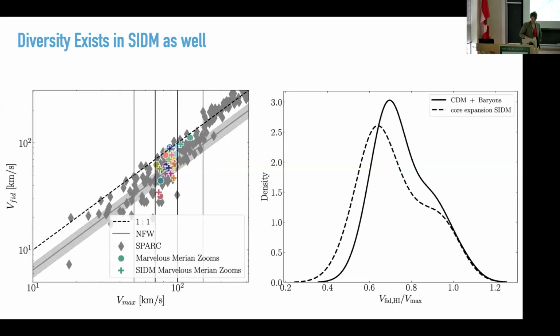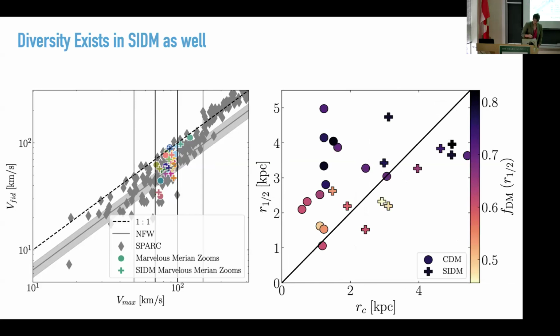Whether or not that's quantifiable yet, I don't know, because here's these galaxies on the same diversity plot. Really, the CDM and SIDM pairs aren't too different from each other. And so if you try to use this space to map a difference, it's not clear to me that you're ever going to find one within observational errors.